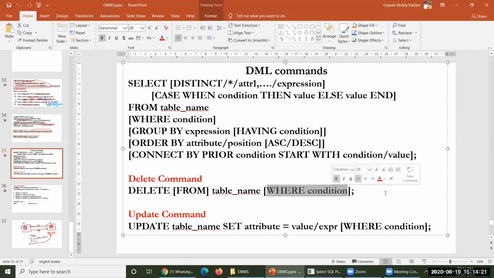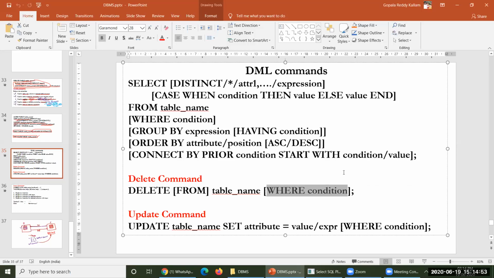Entire data temporarily. So if you want to get back the operation so far happened by delete and update, you just operate rollback. You don't operate commit. After taking this command, if you operate commit, the snapshot of your local machine will be saved to the server. Therefore, you never ever get back that particular data. So you are not supposed to operate that commit operation after any DML operation here.